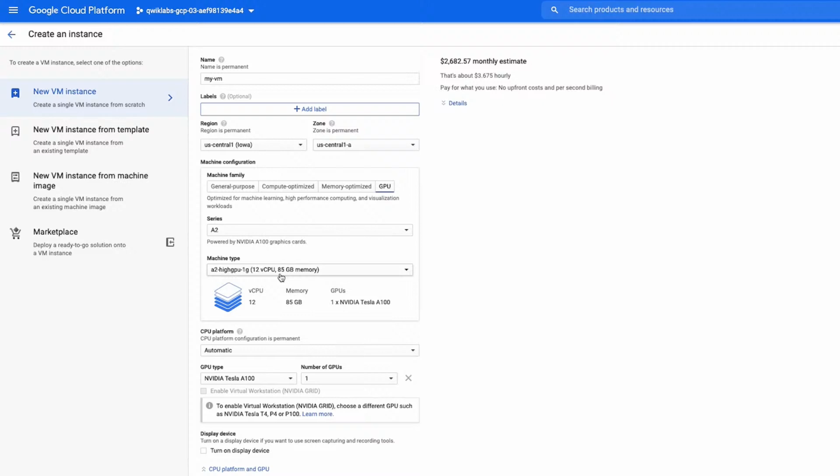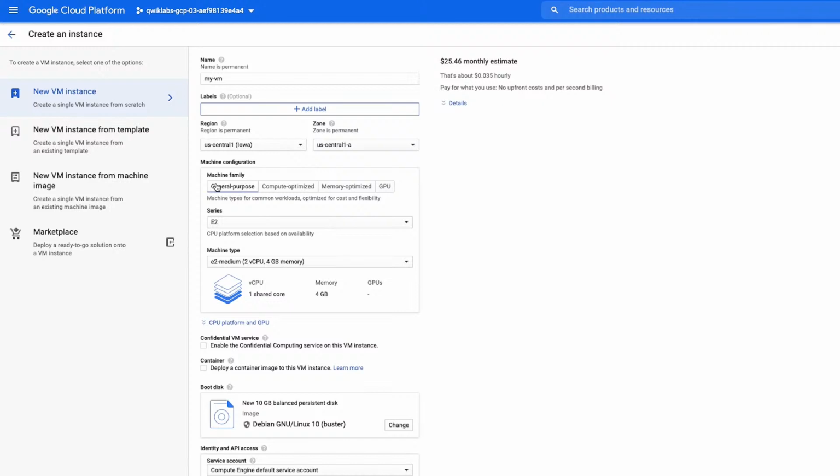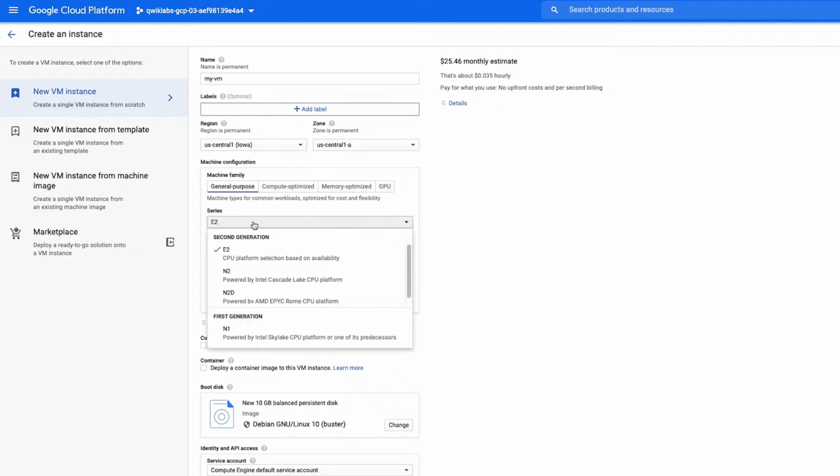It's also more RAM, because we've got 85 gigabytes. We also have access to our NVIDIA card, but it's more than 100 times the monthly rate than our other machine. So it's important, as you're trying to optimize your costs for Google Cloud, that you pick the machine that suits you best. If I go back to general purpose, I can see that I've got a couple of different